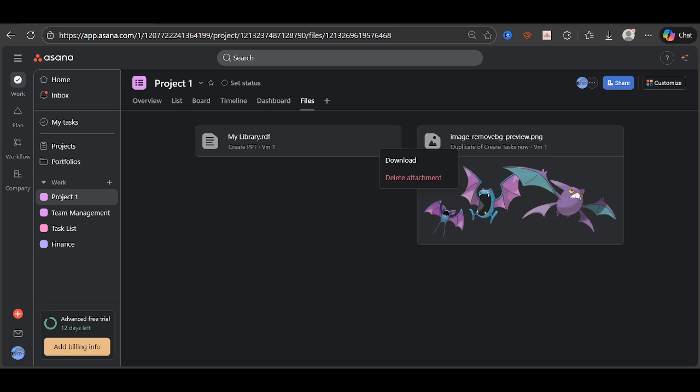Be mindful of team dependencies and permissions. If you aren't the file's uploader or don't have edit rights on the task, deletion might be restricted. When in doubt, download a copy first so you can restore context later if needed. That's it. View everything in one place, sort to zero in on what matters, download the files you need, and delete the rest to keep your project tidy and